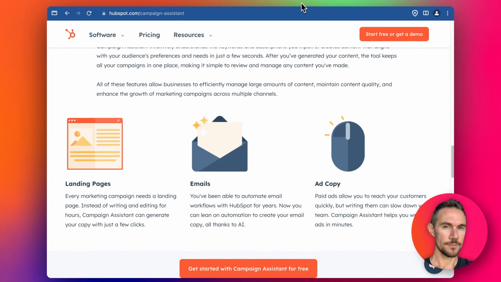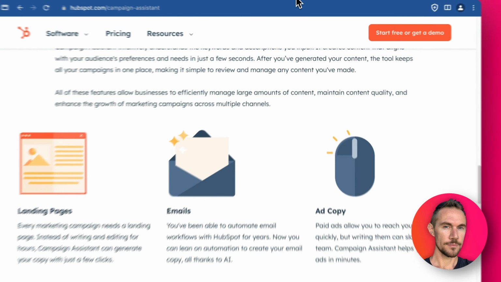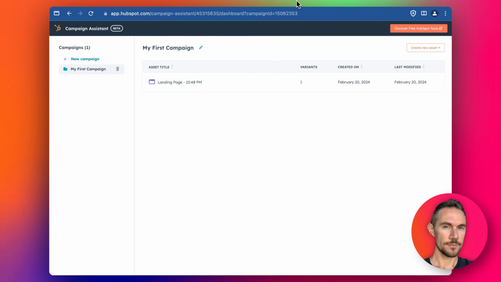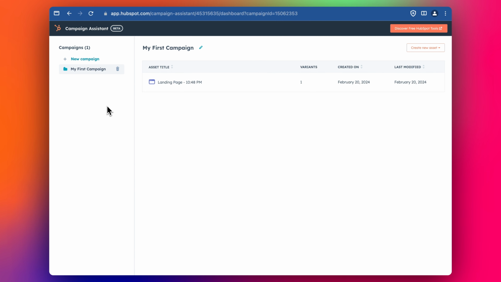So once you've logged in, once you've clicked here, set up your account in HubSpot. If you don't have one, you can get one for free. And then you'll find this page here. Well, you'll actually find a wizard. The very first time you'll get the wizard and you'll be able to select marketing email or landing page or